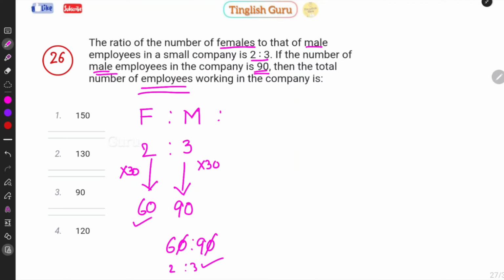So the number of females is 60 and males is 90, but we are asked the total. Total means nothing but 60 plus 90, that is equal to 150. Very simple bit. Next,